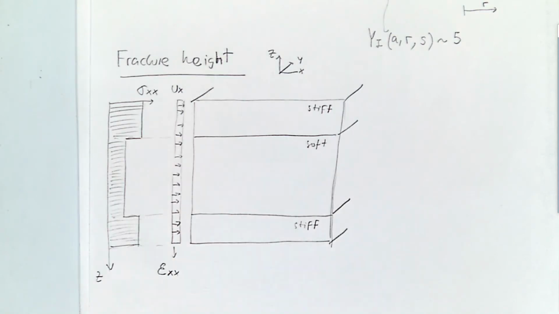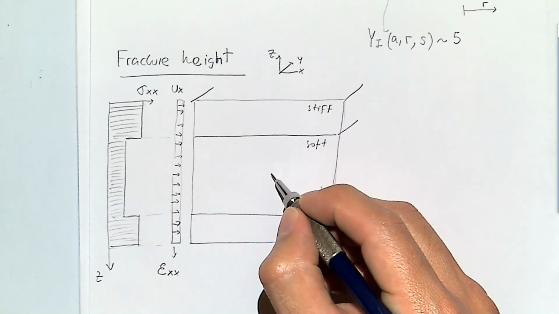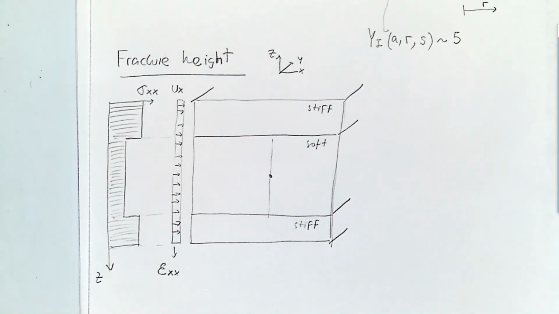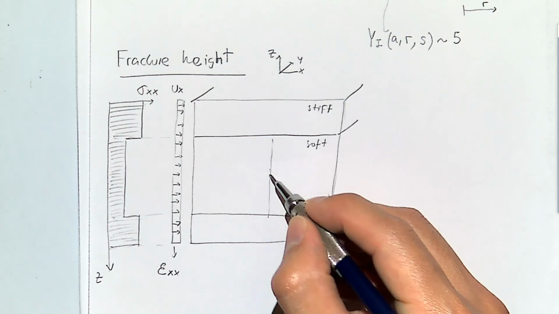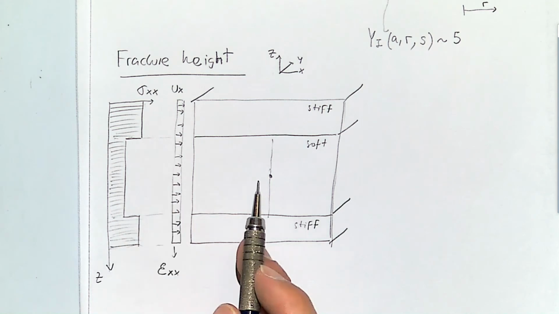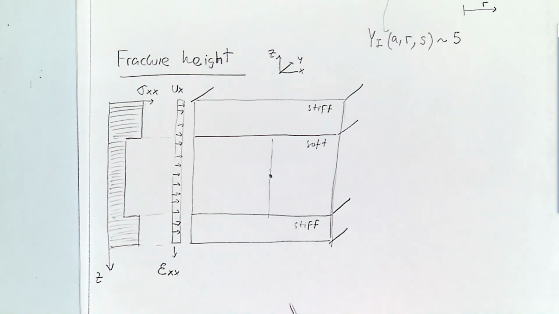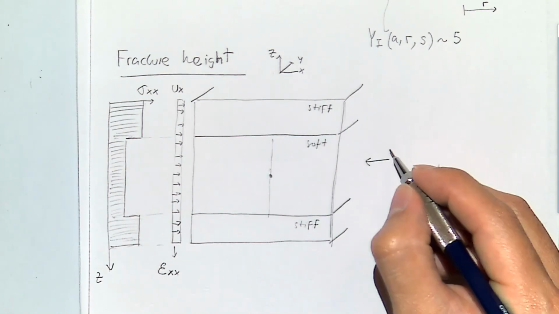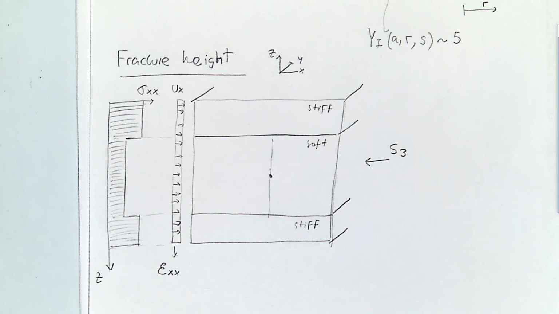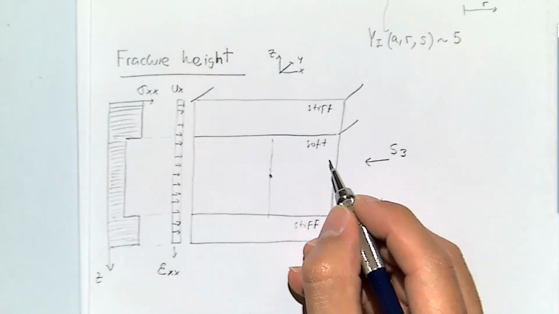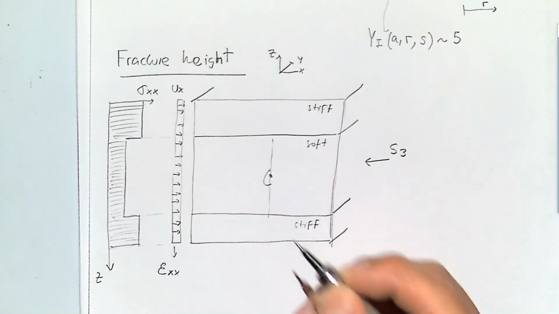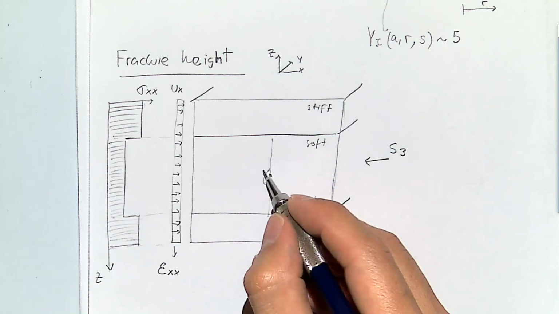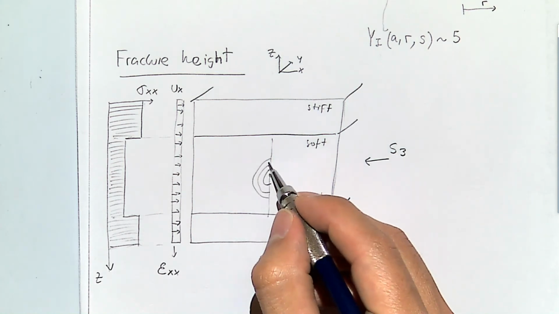And because of this reason, if you were to start a hydraulic fracture somewhere along this soft rock, it will propagate. Let's assume the sigma xx is the same in the entire interval. And let's assume that the minimum principal stress is in this direction, in direction 3. So the fracture will open as a plane perpendicular to this direction, and since stresses are the same as you go in this direction or as you go in direction y, this is going to start opening as what is